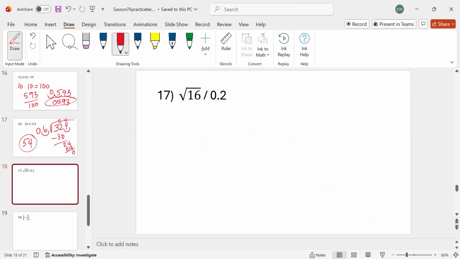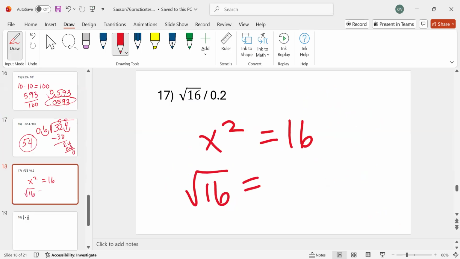The next problem, we've got a square root now. A square root is when you have to find what squared equals that number. So that's like saying x squared equals 16. What is x? That's the same thing as saying, what is the square root of 16? Well, the number that we have to multiply by itself to get 16 is 4. So let's rewrite the problem. 4 divided by 0.2,